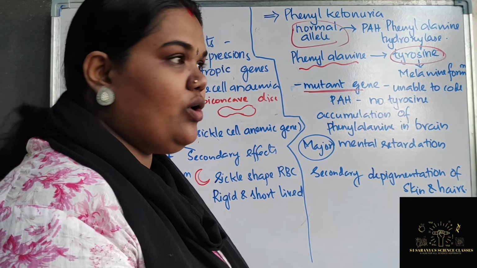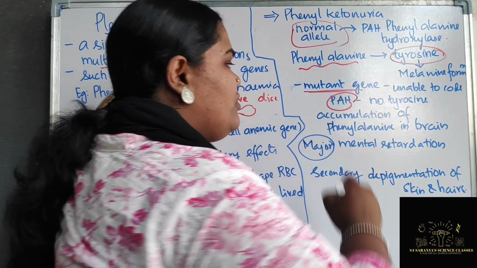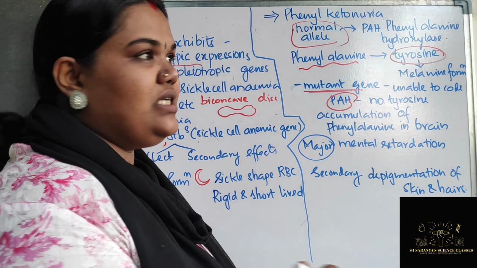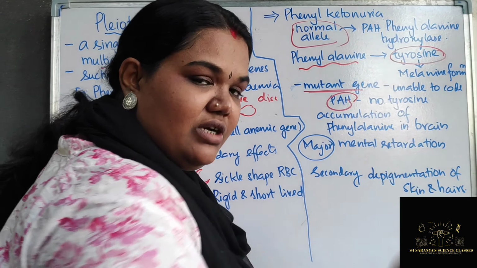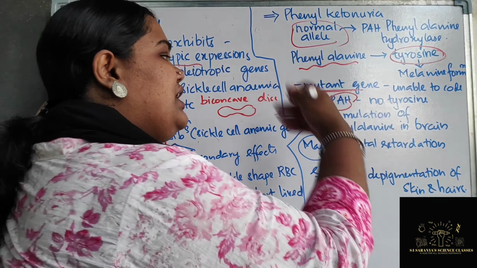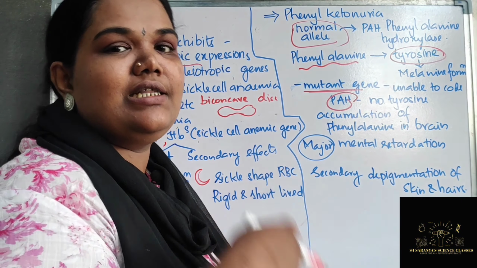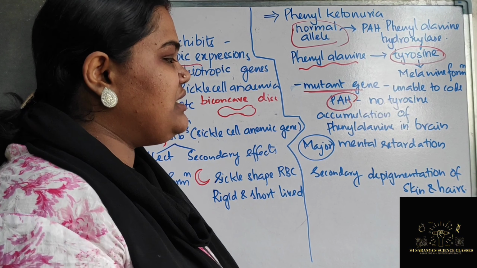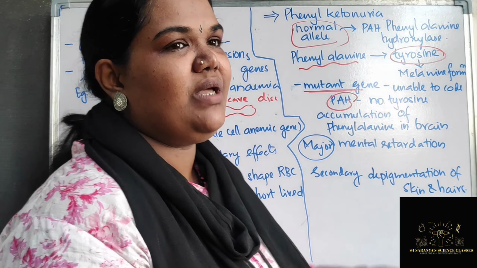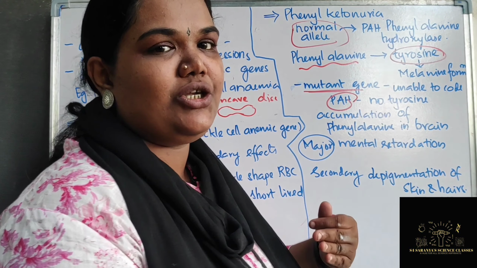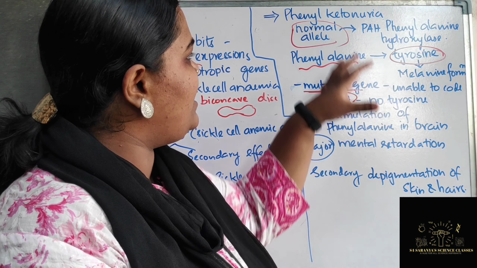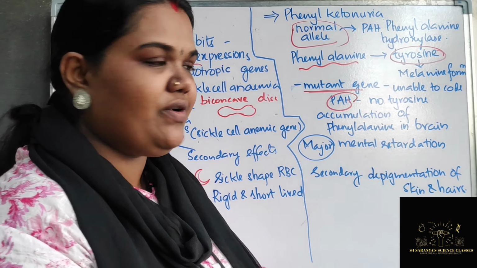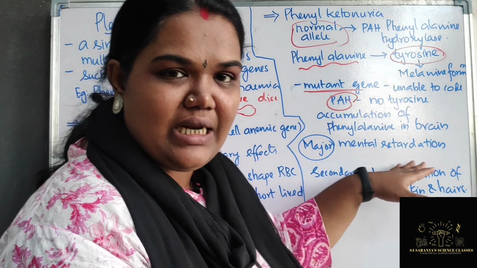So at that time, phenylalanine hydroxylase cannot be produced. Because of this, conversion of phenylalanine into tyrosine is not possible, so phenylalanine automatically accumulates in the cell. Mostly it will accumulate in the brain cells and so on. Because of that, in brain cells it can even lead to mental retardation. Right, so you can see that the main effect of this mutated gene, the major effect, is actually the mental retardation.